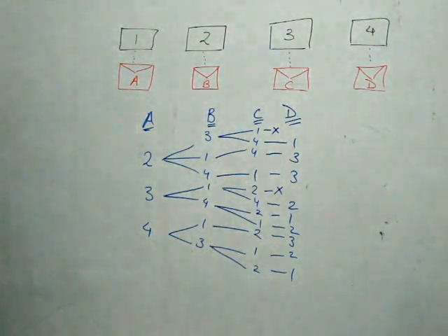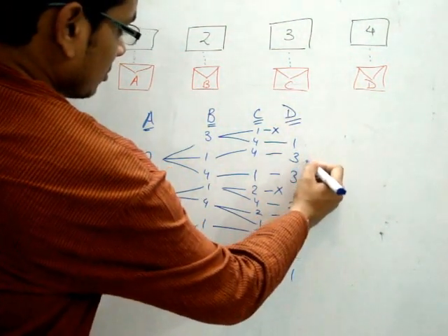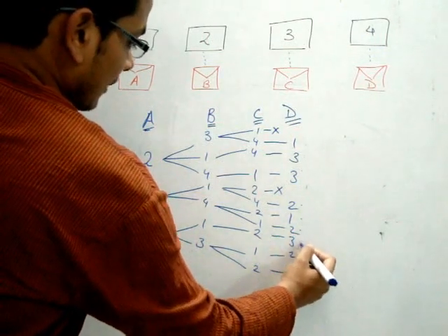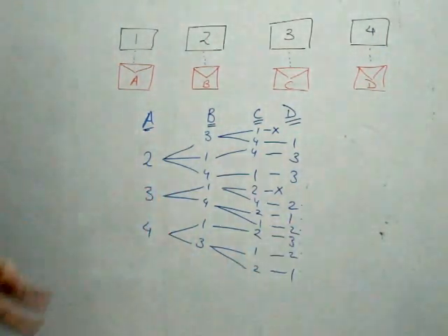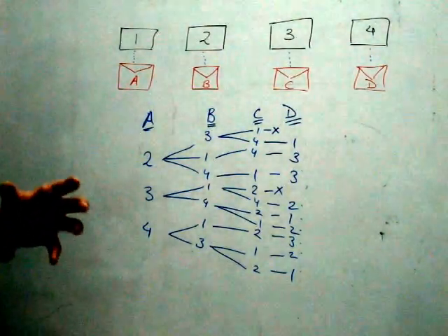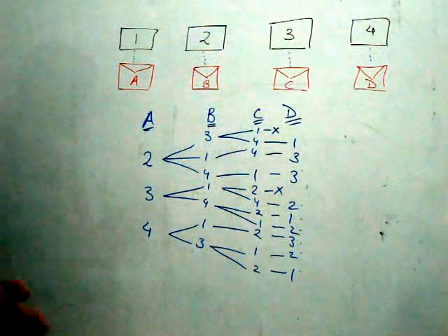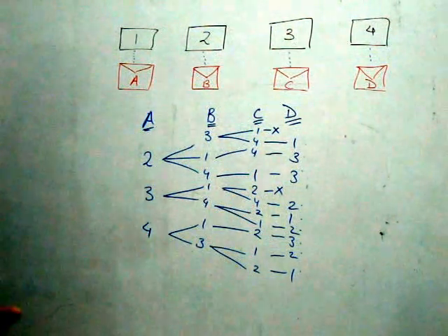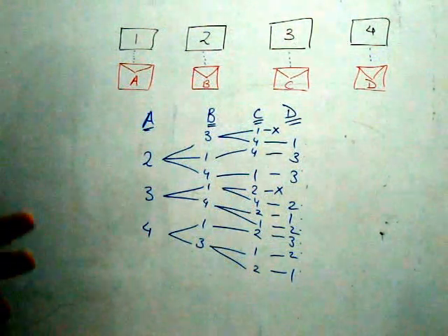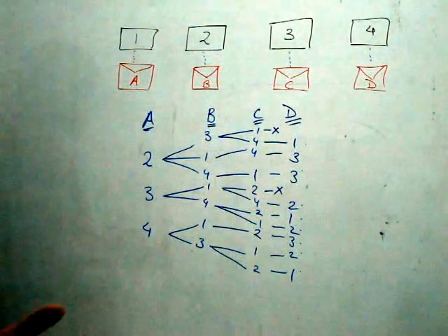So out of all these, there are only 9 ways, that is 1, 2, 3, 4, 5, 6, 7, 8, 9. These are the only 9 ways in which we can put 4 letters into 4 envelopes so that none of the letters goes into the right envelope. So that is the layman method by which we will be trying to solve this one.